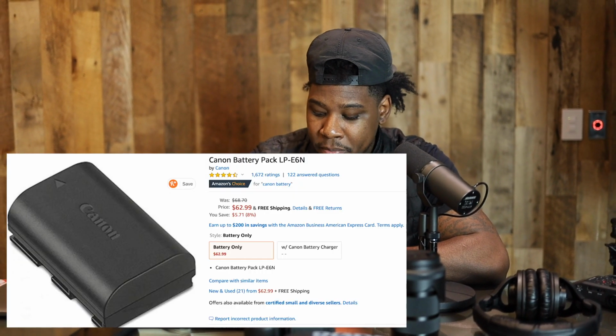So if you guys are looking for an extra battery, I would highly recommend you go with a strictly Canon product, and this product for the battery is the Canon Battery Pack